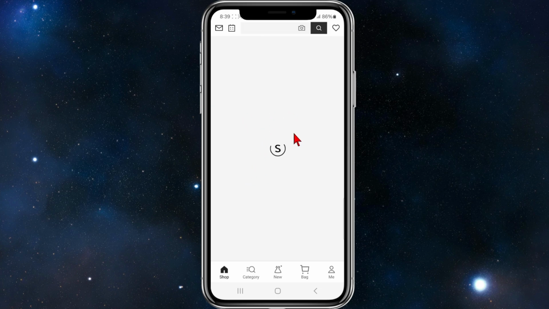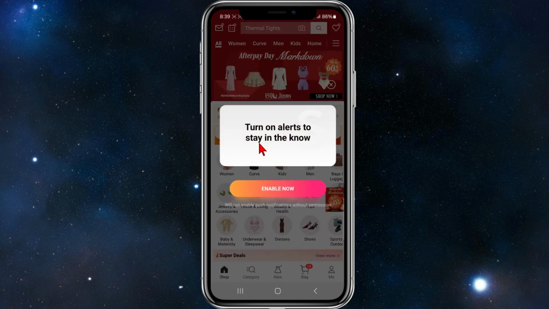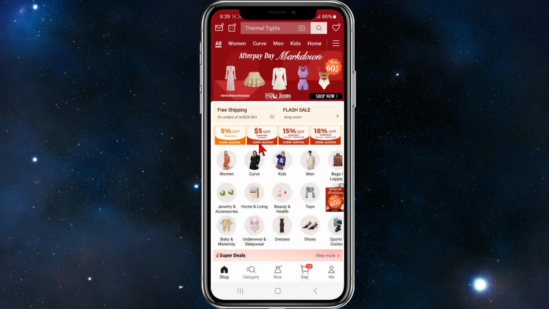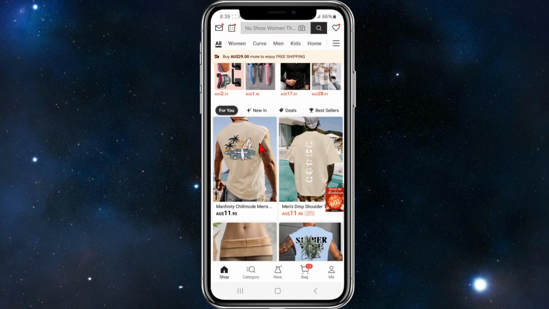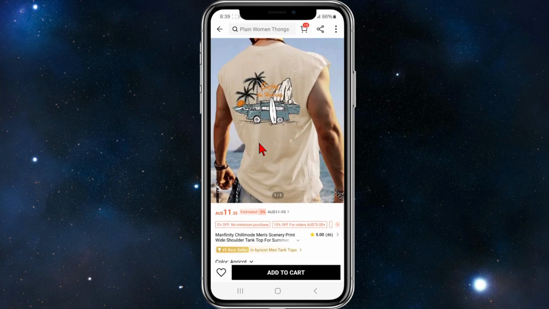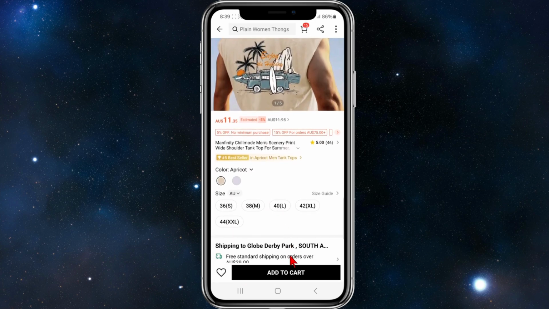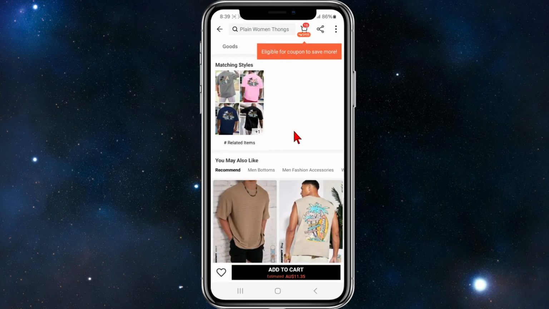Alright, so I'm going to open up SHEIN on my phone, and for this demonstration, I'm going to put a random product into my cart. So I'm just going to click out of these ads here, enable. Alright, so if I scroll down, I'm going to put in this men's singlet shirt. So I'm going to add this to my cart. I'm going to pick a size, add to cart, and now from here, this is where you work your magic